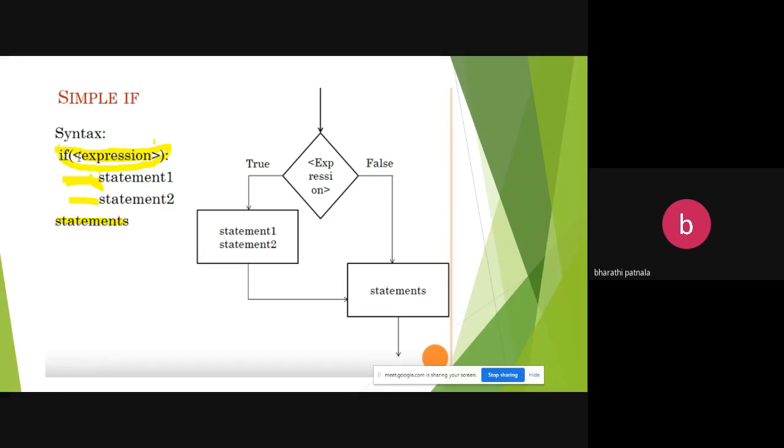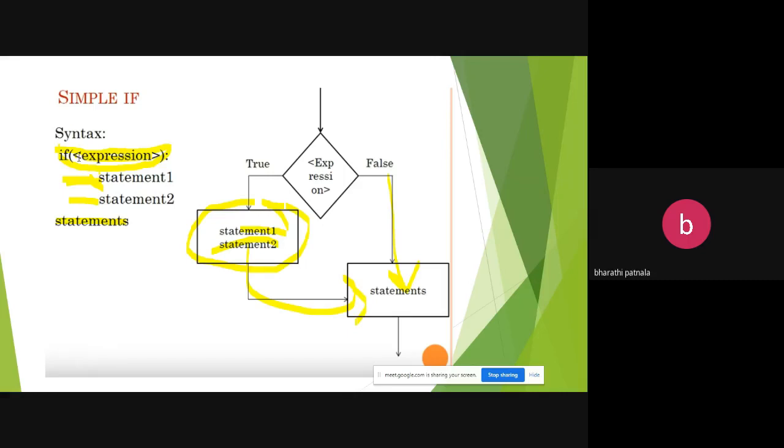So if this particular expression is true, then the flow goes to execute statement 1 as well as statement 2. If the condition is false, then it simply goes to the statements after. If true, some statements you have to execute and then go to this particular statements branch.